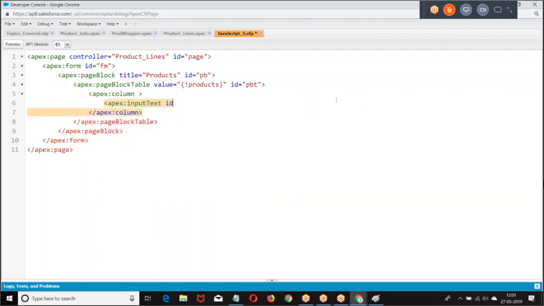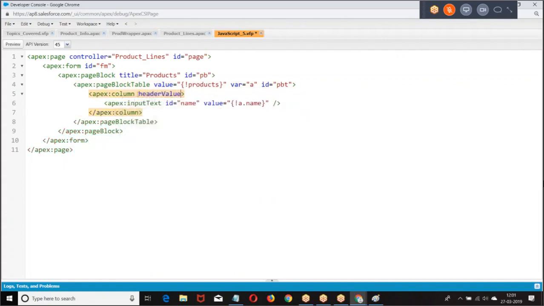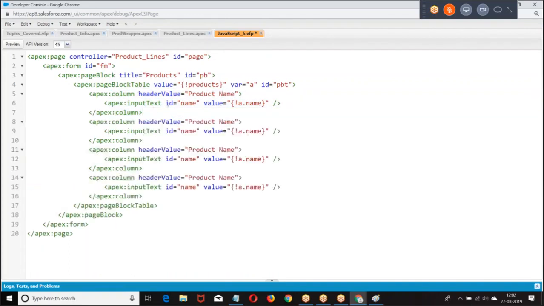Input text ID equal to name, value equal to product name, quantity, price, total.